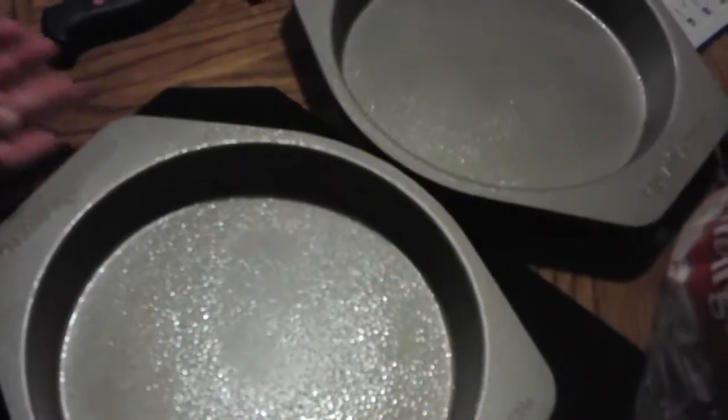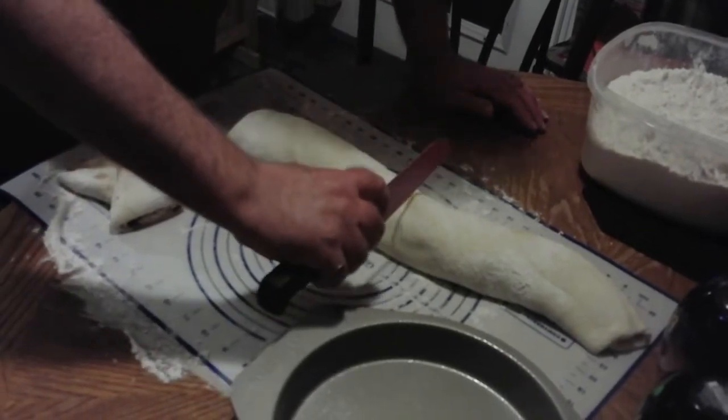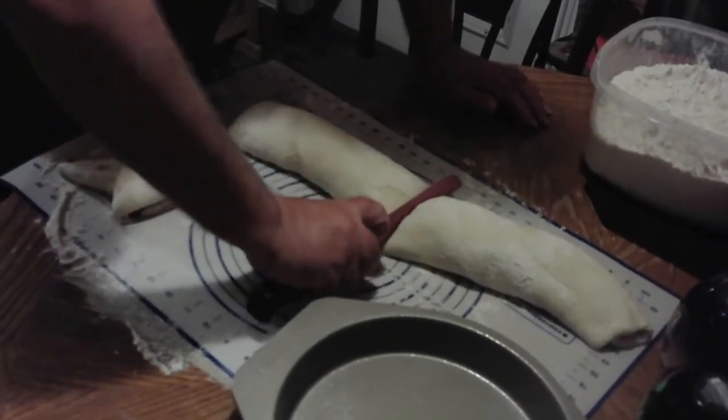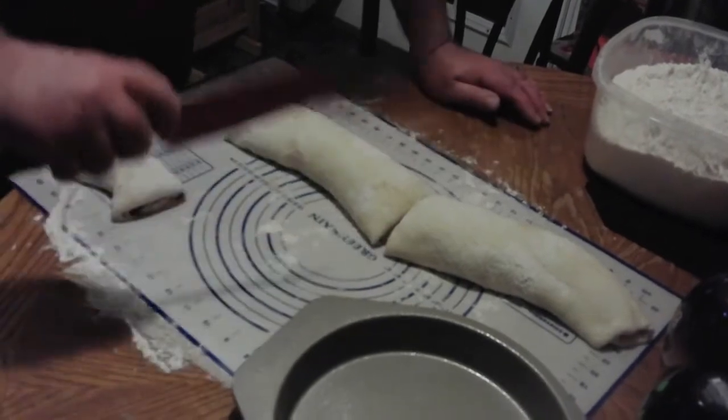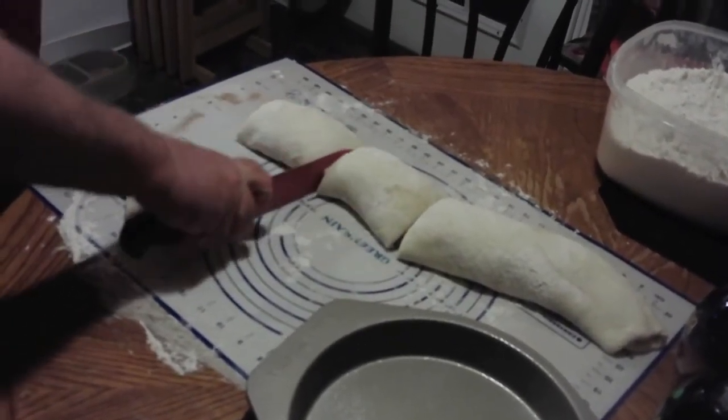So, we have 2 round baking pans here. Your easiest way to do this is find what's middle and cut. And if you do that to each section,